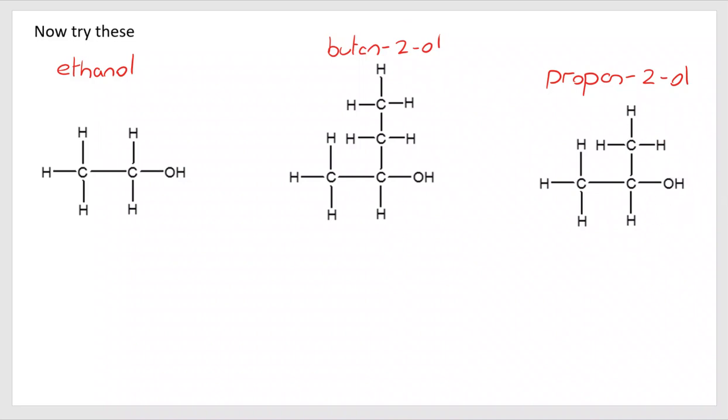carbon, making it propan-2-ol. In terms of the classification, I'm going to colour code the alkyl groups or where the alkyl groups are connected. So ethanol is a primary alcohol because the C the OH is bonded to has one alkyl group connected. Butan-2-ol is a secondary alcohol because you can see a CH3 and a C2H5 group connected to the carbon that the OH is bonded to. And propan-2-ol is also a secondary alcohol because we've got one methyl and a second methyl group connected to that